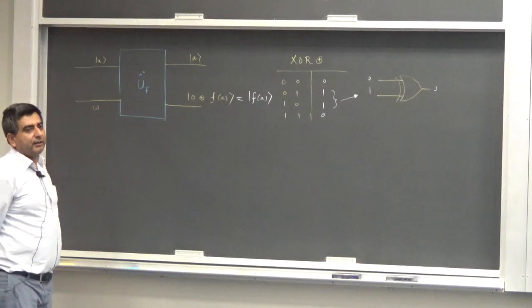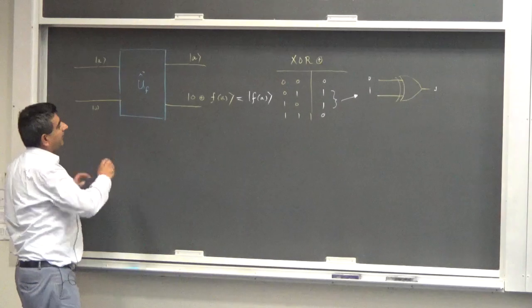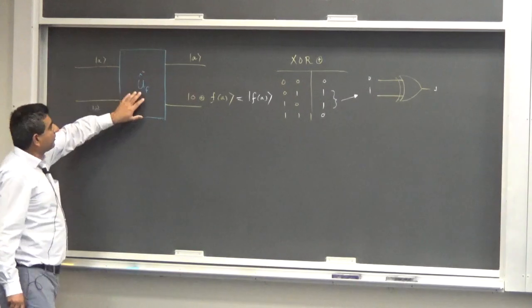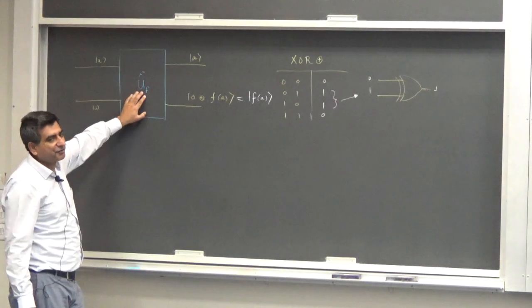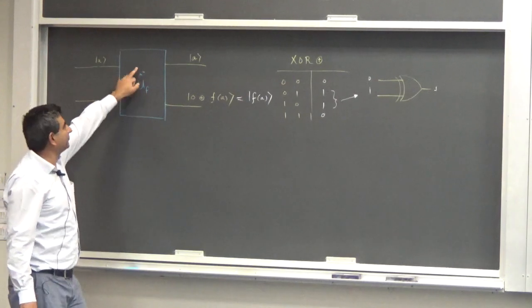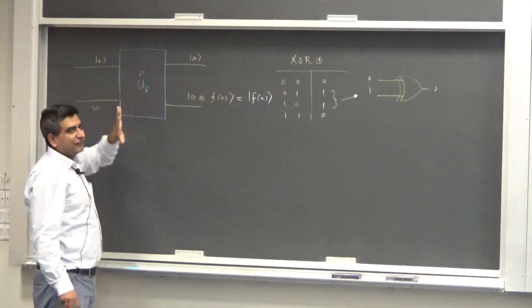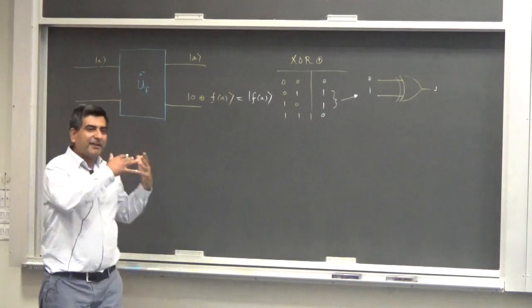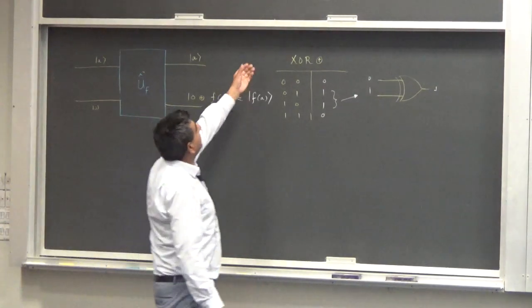Sorry? So you have to design this in a manner, so you have to build this UF so that it implements this function. It's not a straightforward exclusive OR operation. You have to design this quantum circuit so that it achieves the desired task. For example, looking at these possibilities,